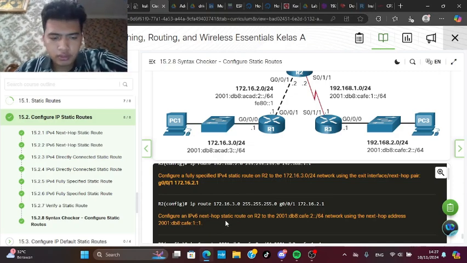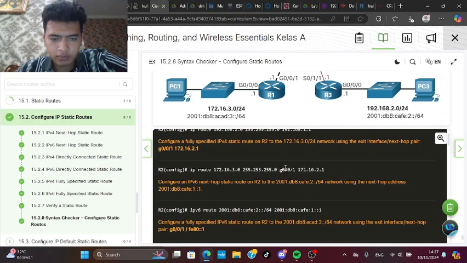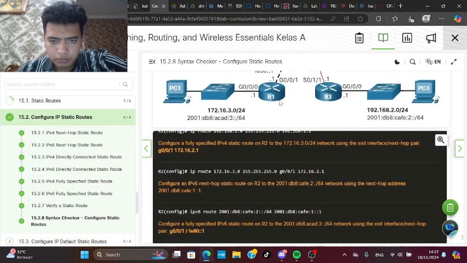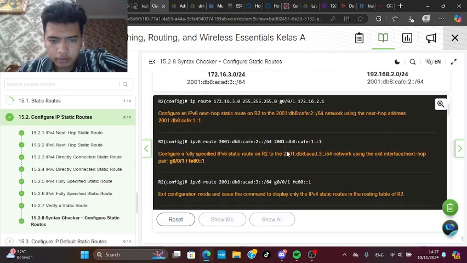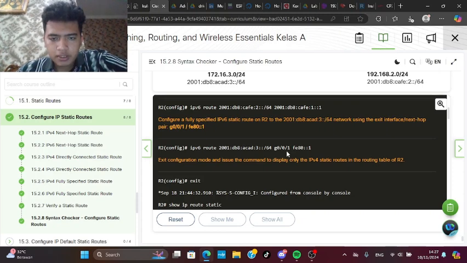Oh, so this is the configuration for IP version 6 next hop static route on router 2. Yes, I can see. Okay, so this is the route from router 2 to router 1, and then we have the IP version 6 version